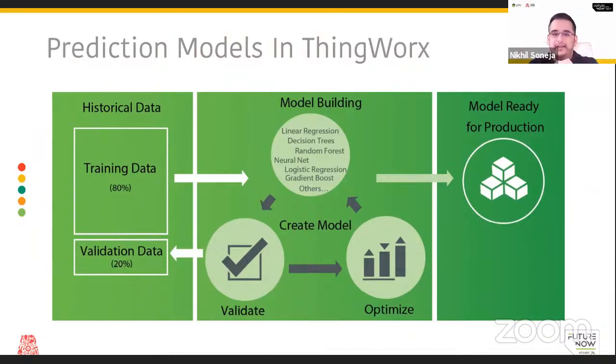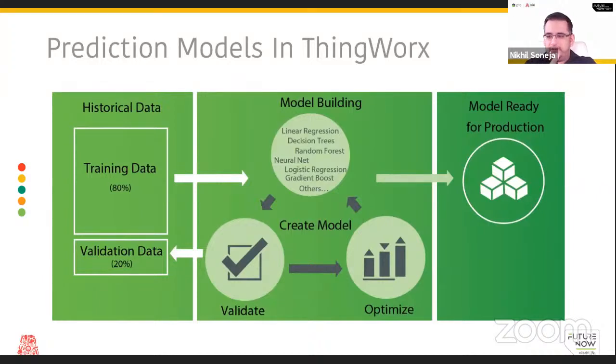And this is again the same. The way models work, ThingWorx uses ensemble techniques. Many of you, if you are familiar with machine learning, would be familiar with some of these terms. Linear regression is the most basic. Logistic regression is used for classification. You have things like decision trees, which partition the data, especially used for classification. These are all well-known machine learning techniques, and they all have different applications.